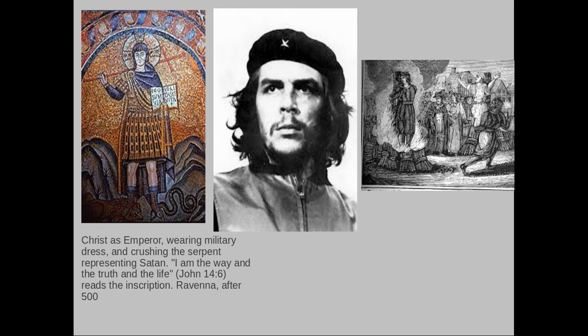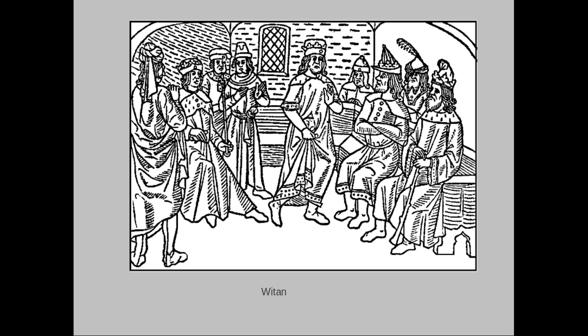And interestingly, this early image of Christ shows him wearing military dress and crushing his enemy, the serpent. So under the strain of fighting various revolutionary movements, fighting various uprisings all over the empire, the Romans reverted back to an authoritarian government. Now let's talk about the development of democracy in Europe, particularly in England. It's interesting to note the same pattern played out, although obviously somewhat different.